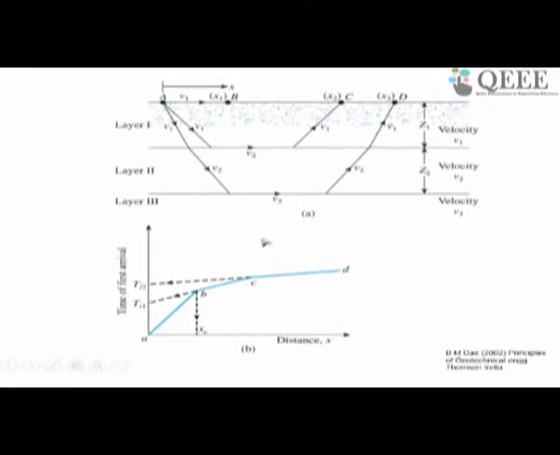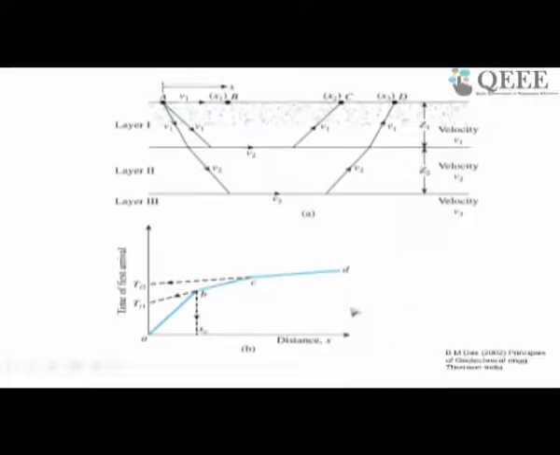Now if you know the travel times for different layers, you can find out the thickness. If you have 2 layers, for the first two layers you can use the equation with the square root of (V2 minus V1) over (V2 plus V1), multiplied by XC. As you can see, the first depth is basically related to XC. The value of XC can be obtained from the plot. Here you can find this XC, the distance XC for these first 2 layers.